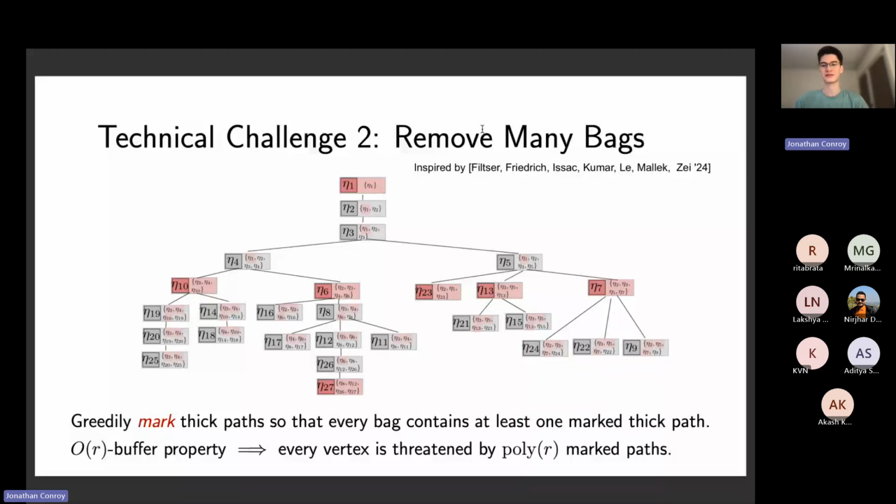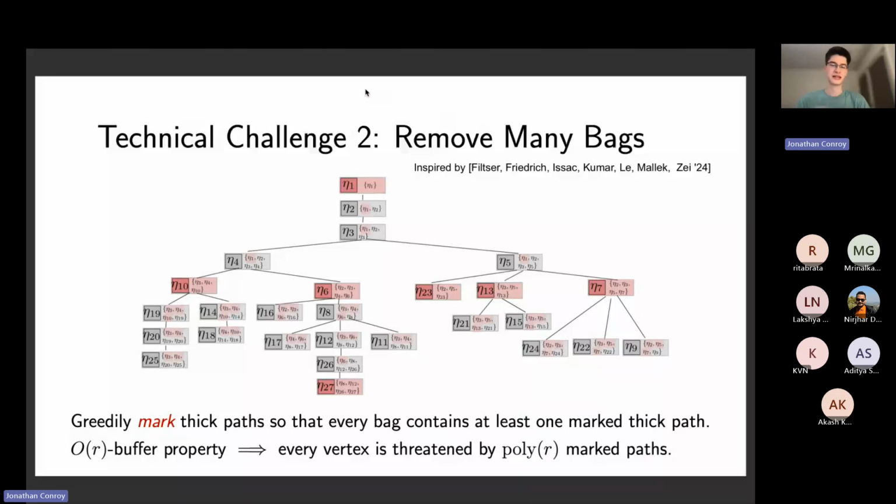So this means that after our rounds, this is going to terminate. And second, we want these bags, all the paths in these bags, to be far apart. This O of R buffer property implies that every vertex is threatened by poly R marked paths. So the way we do this